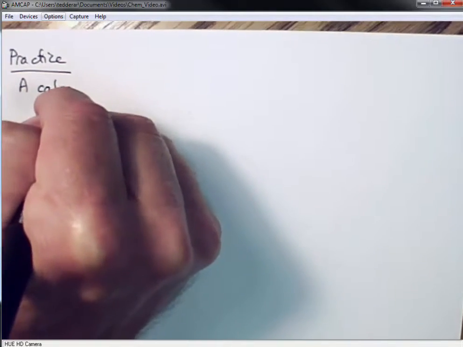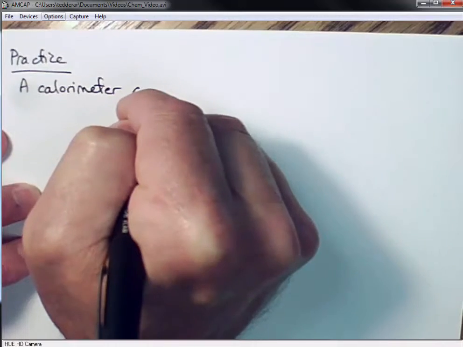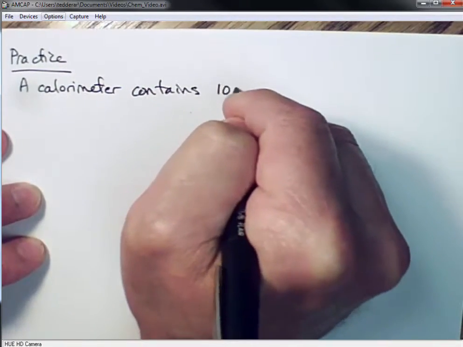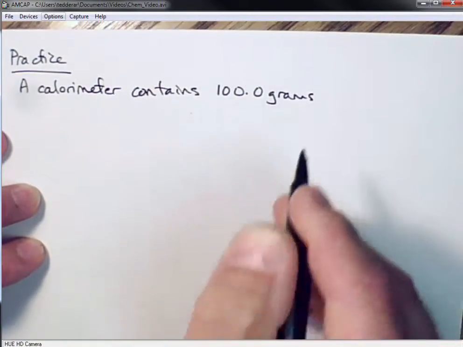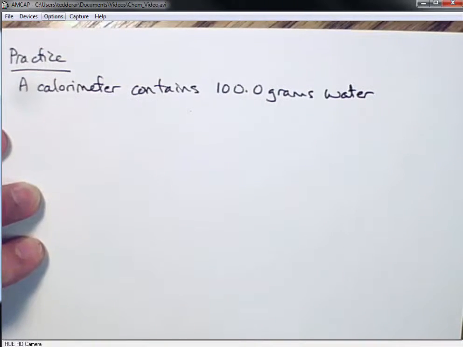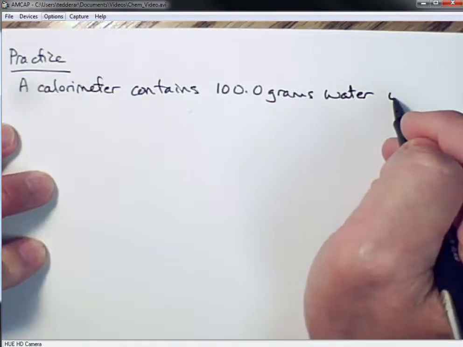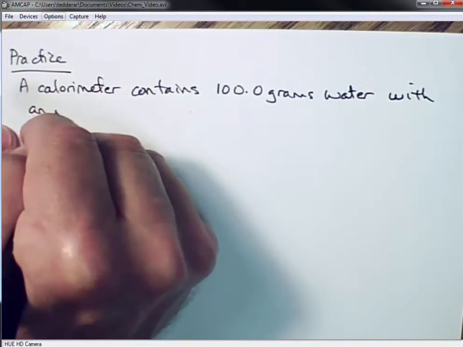A calorimeter contains 100.0 grams. So we have to know the mass of the water in our calorimeter. And when we do the lab, you have to make sure you measure the mass of the water in the calorimeter. And then we're going to start with, in this case, an initial temperature